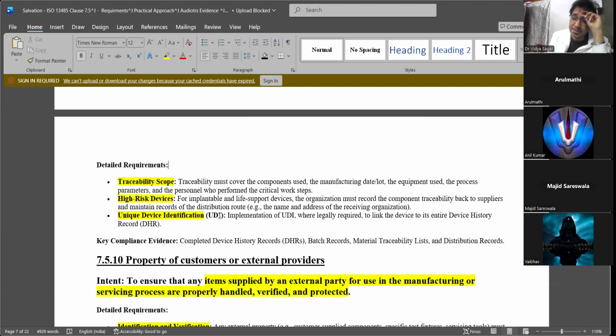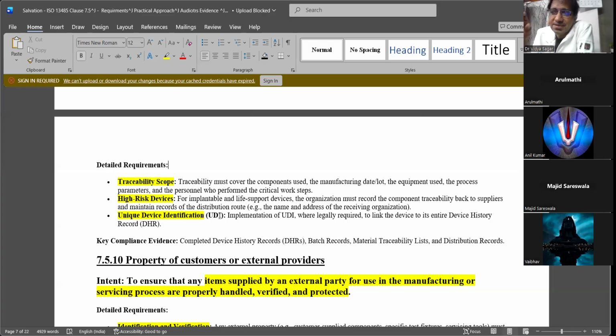So once you scan the barcode, it will tell you from which country it came, which manufacturer, which organization, which batch, which lot, on what date it was manufactured, what date it was sterilized, and what date it is going to expire.